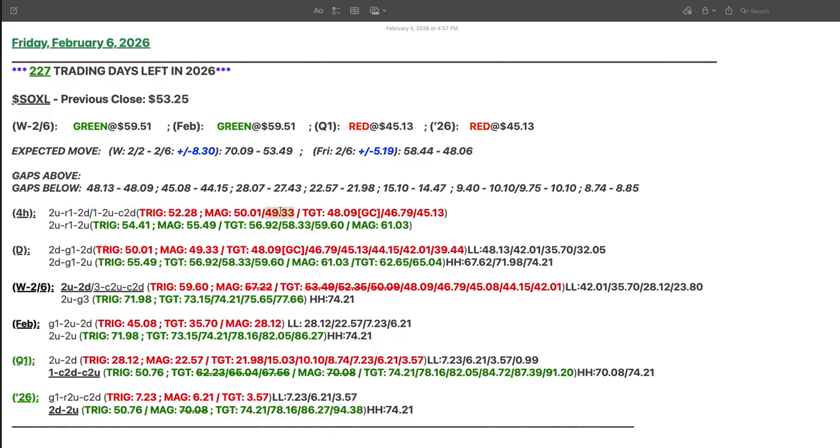Now we know how the bottom has been kind of dropping out here, so 49.33 is only $3, and we know how SOXL can run if it starts running. So if it does continue to the downside, we do have some extended targets here, starting with the gap close